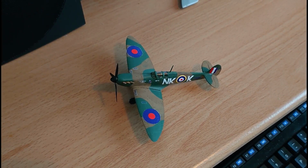Today we're looking at, really, I think it's a model that I would avoid like the plague, although it was quite a lot of fun and it does bring an aspect to Spitfire modelling that I've not seen before in any other Spitfire model kit. And that is the